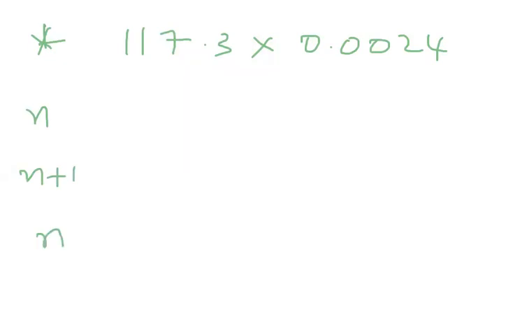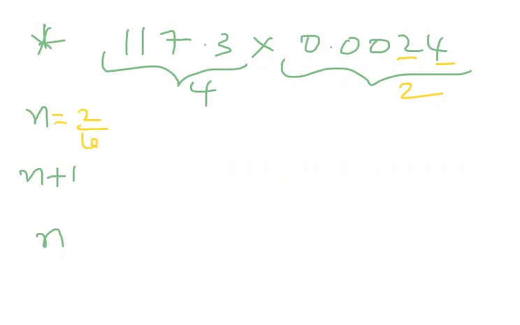Let us observe one more problem here to analyze the multiplication. The multiplication they are telling is 117.3 into 0.0024. They are asking to multiply these numbers. So our first target is the n plus 1, n rule. For multiplication, you have to take the least total number of significant digits. Here we don't consider 0.00, we only consider 2 and 4. So we have two significant digits, not decimals, so n is equal to 2.